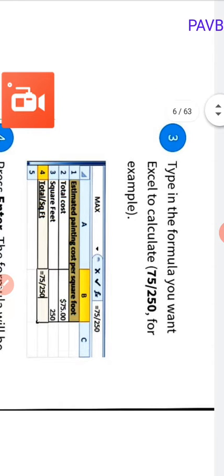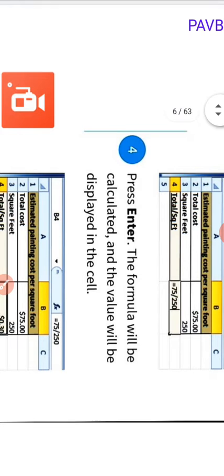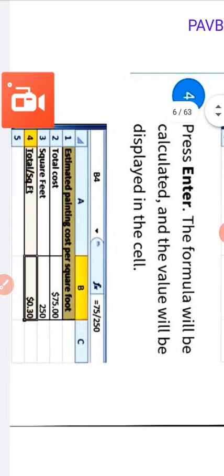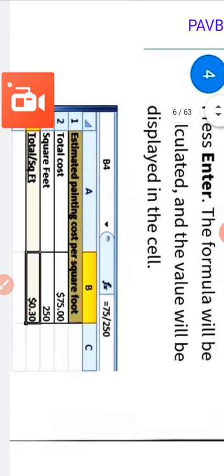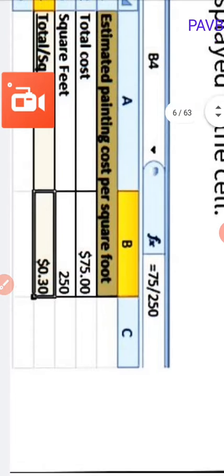Type in the formula you want to calculate, for example 75/250. After typing, press the Enter key. The formula will be calculated and the value will be displayed in the cell. See, 0.030.